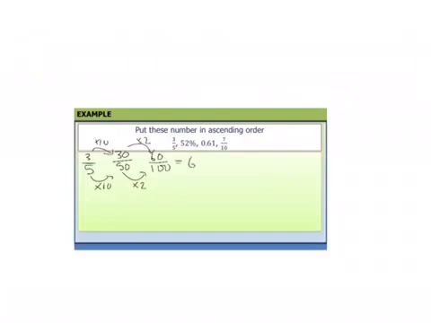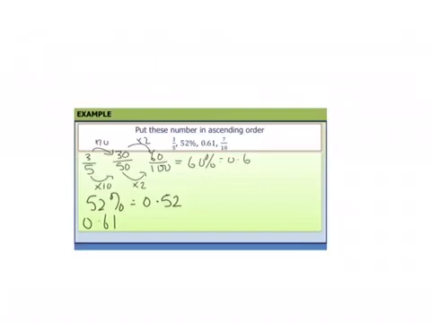So that is 60%, which is 0.6. Okay, I've also got 52%, which is 0.52, and I've got 0.61, which is already a decimal,